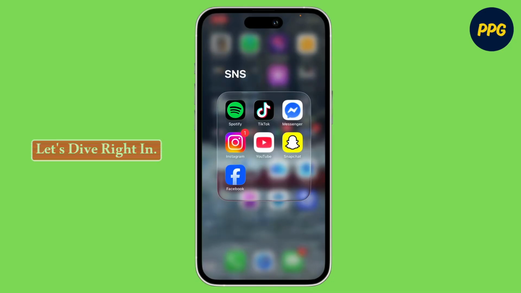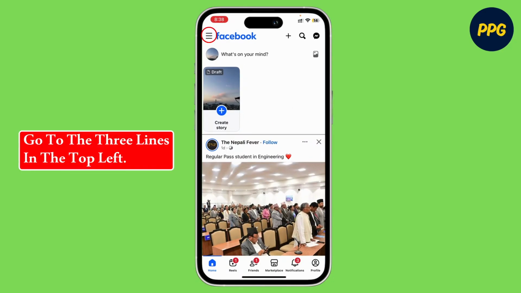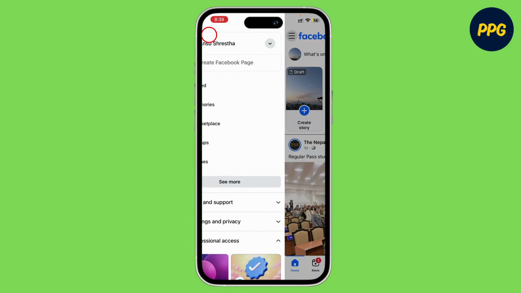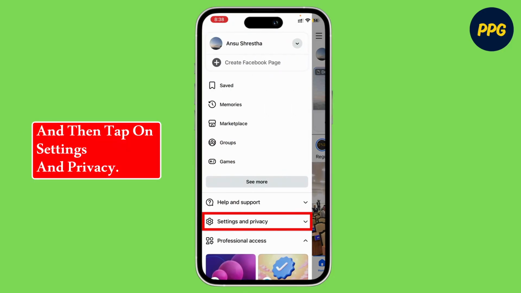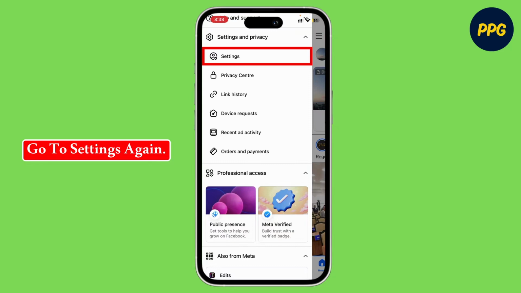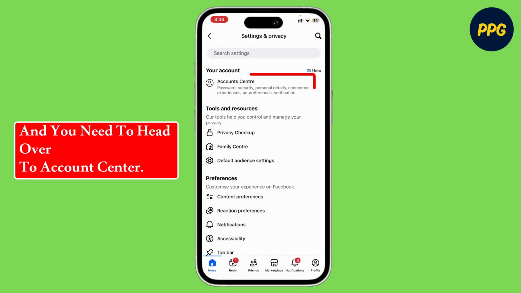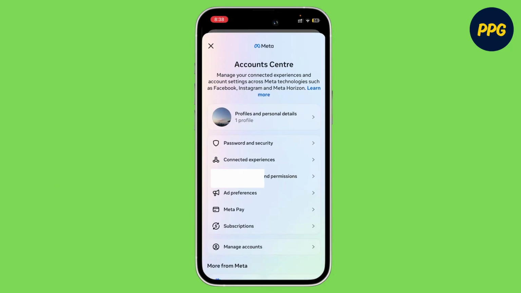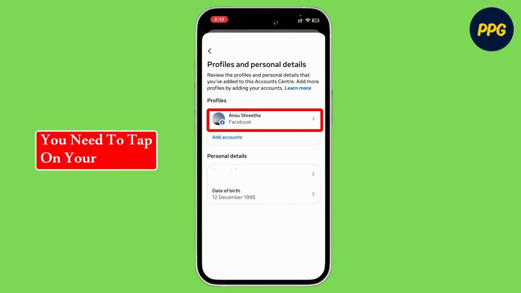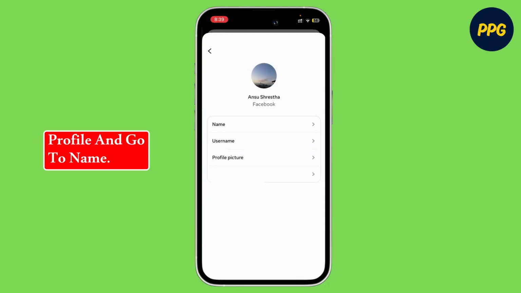Let's dive right in. Open up the Facebook app, go to the three lines in the top left, and then tap on settings and privacy. Go to settings again, and you need to head over to account center. You need to tap on your profile and go to name,